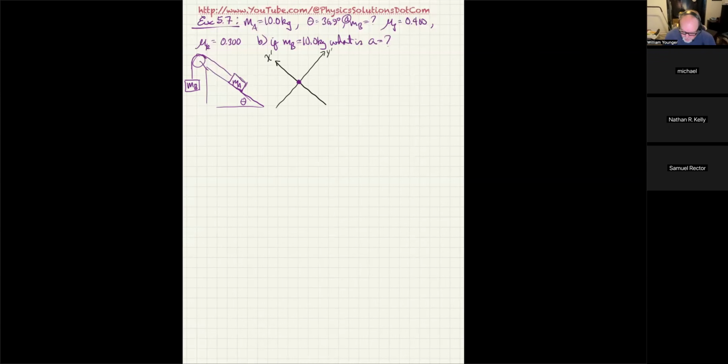So what we're going to do is consider the two scenarios. We're going to consider the scenario in which the mass M_A gets pulled up the incline, and we're going to consider the same scenario except with the mass A going down the incline. So we'll say M_A goes up. Okay, so with that in mind, I have a force that isn't parallel to one of the axes,